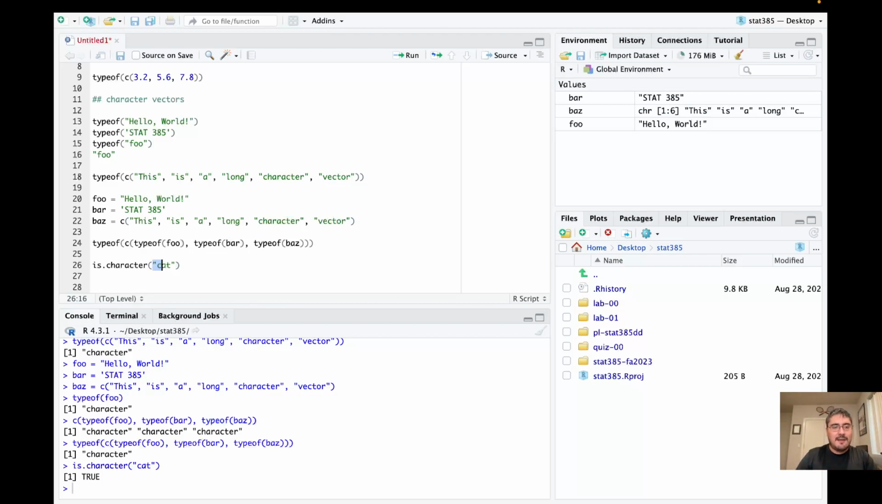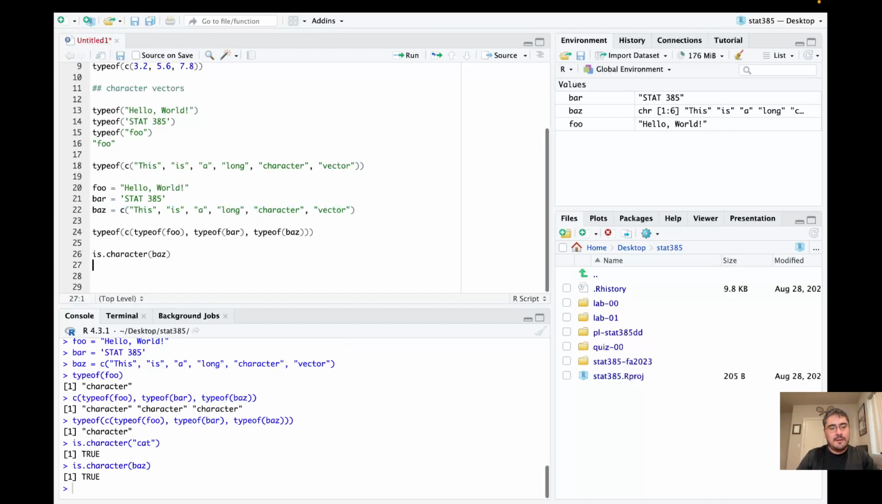So let's see what happens if we just put in Baz, which is our long character vector up here, and you can see that this is indeed a character vector. Okay, great. All right, so now let's get on to